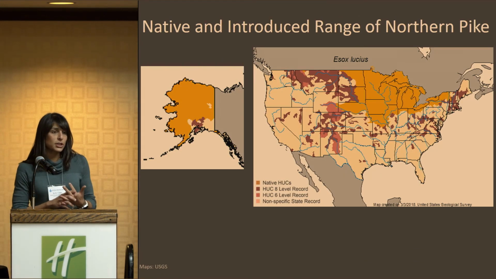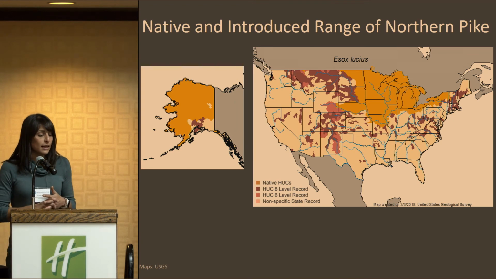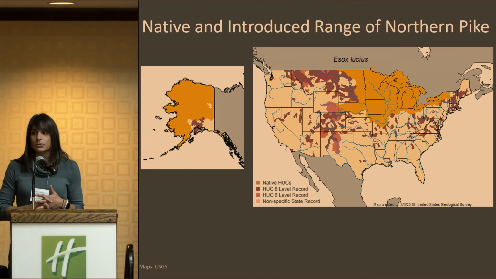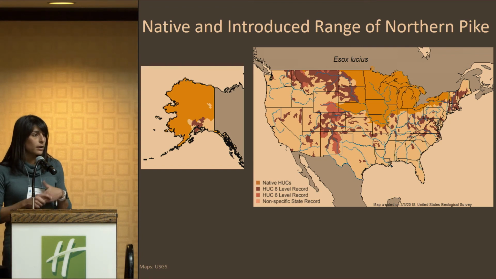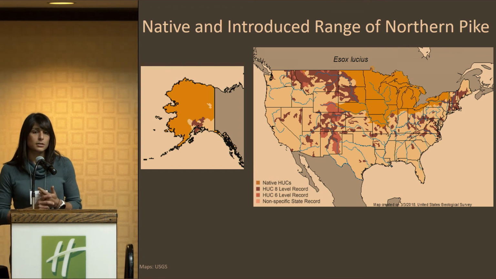This map shows their distribution in the U.S. The yellow areas represent locations where northern pike are native, and as you can see in the pink and red areas that represent places where they've been introduced, these fish are quite prominent outside of their native range. They've been largely introduced as a sport fishery, yet where they've been introduced, there are rising concerns on the impacts